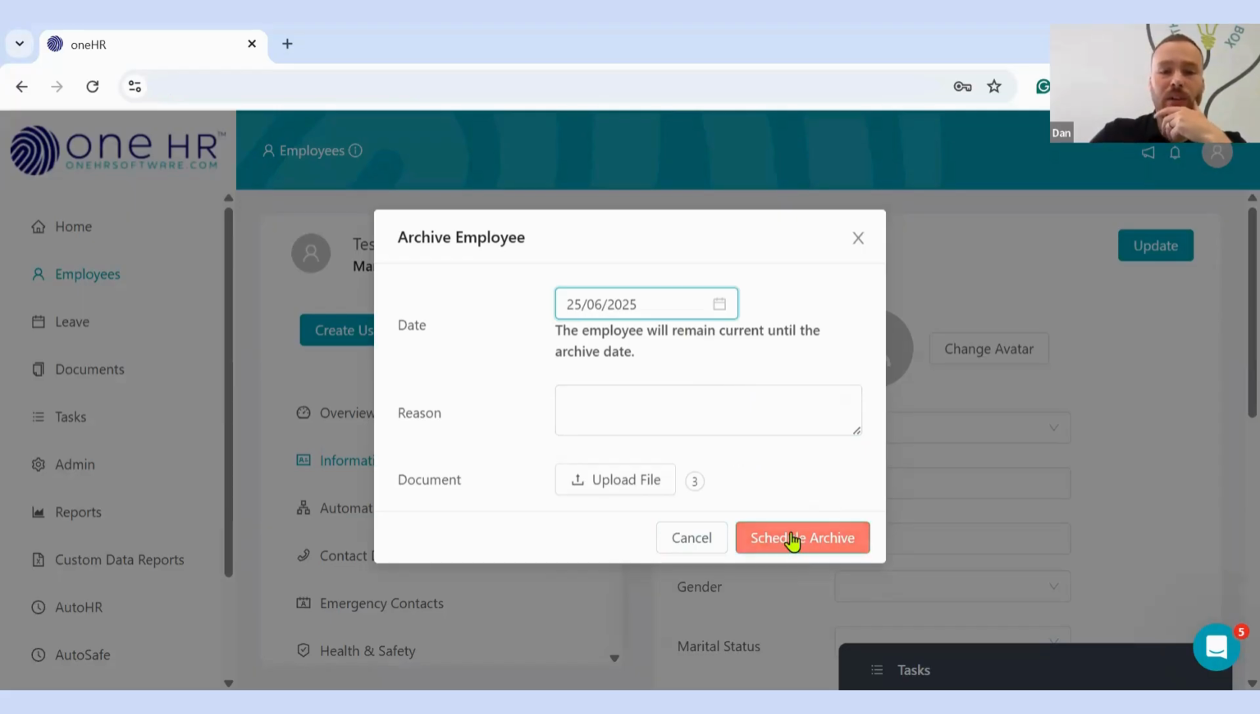So if I say click on this button now to schedule this archive, you'll also see that we've got the ability to add a reason for why the employee is leaving the business. And we can also upload an accompanying document, so whether it be an exit interview, notes, a resignation letter, essentially anything that you want to store against this record, you've got the ability to do so here. So I'm going to click on this button so you can see what it looks like when we schedule the